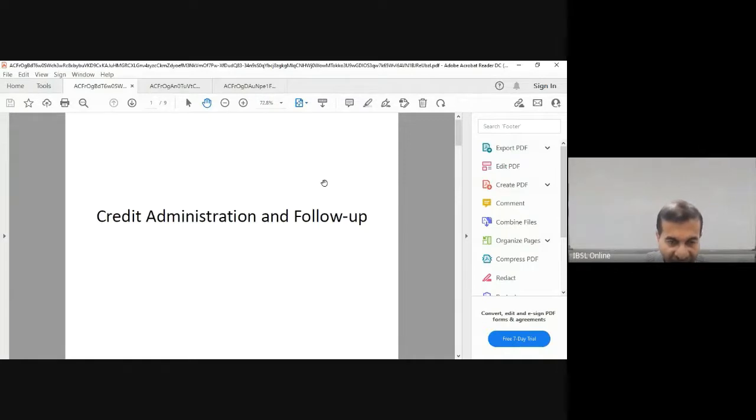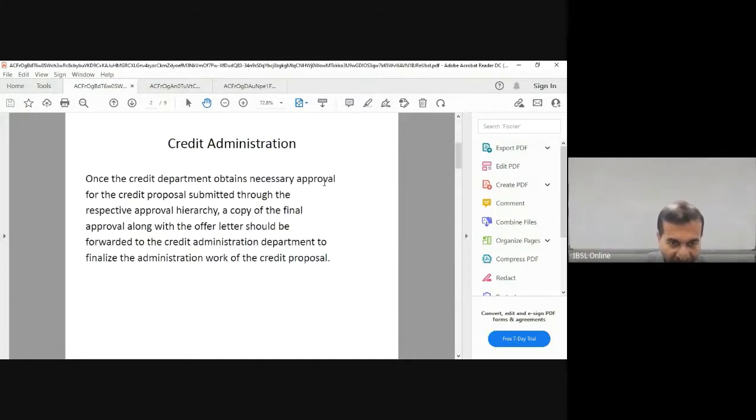There are 2 things here, admin and follow-up, because you know that the process of underwriting starts from credit marketing. If I say underwriting or credit evaluation, it starts from credit marketing. And you attract the customer and issue the application and do the evaluation and analysis. Primarily you do the analysis and then do the evaluation, and you determine the DSCR or ISCR, and then you take securities, and thereafter you do the security evaluation, and you present a paper to the credit authority, and the paper would be approved.